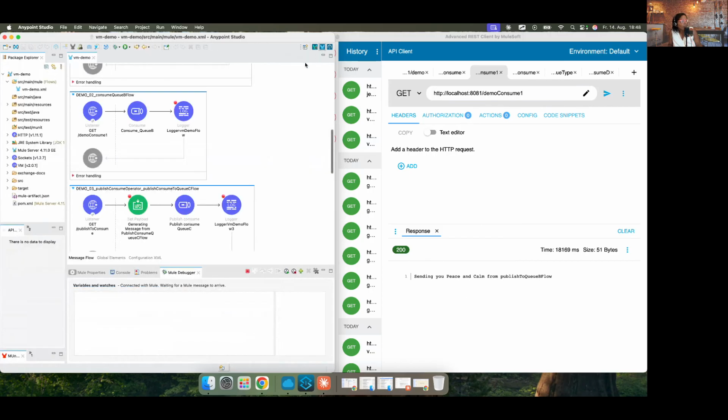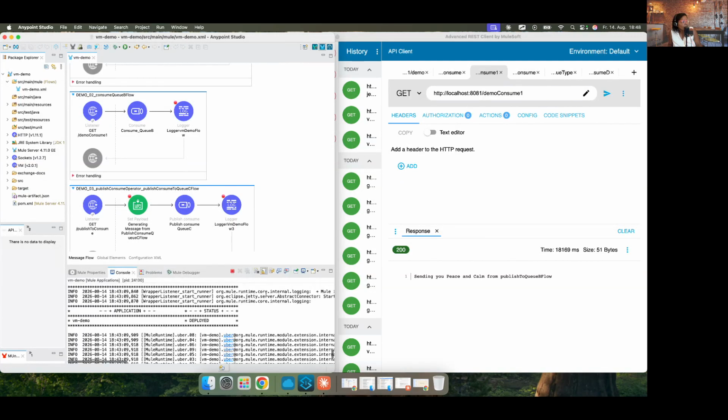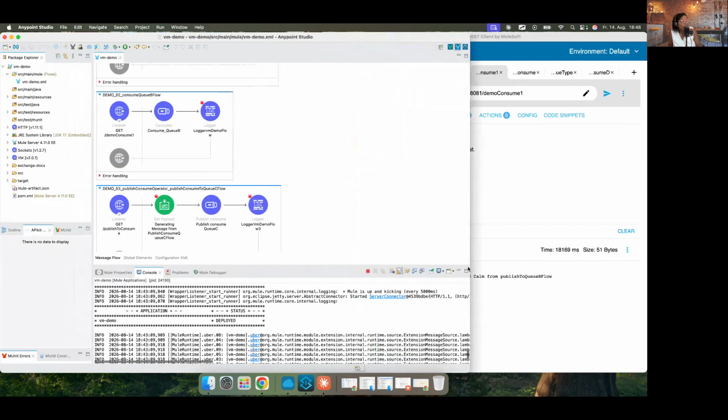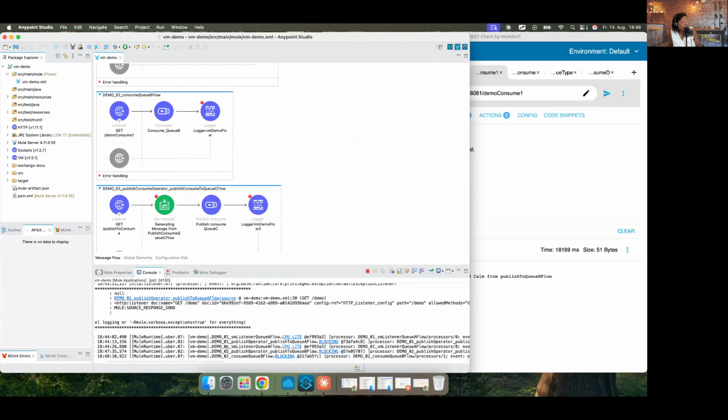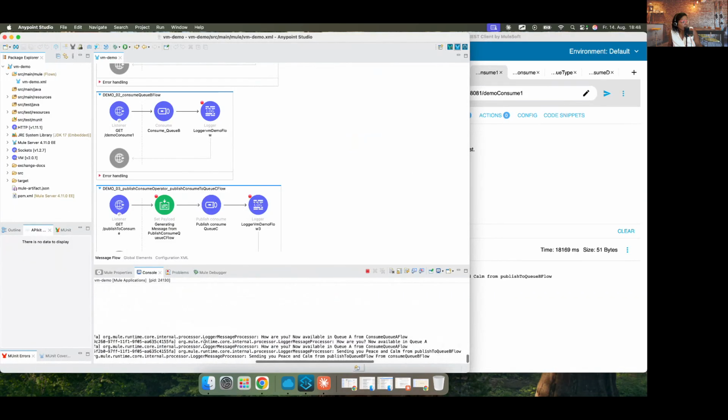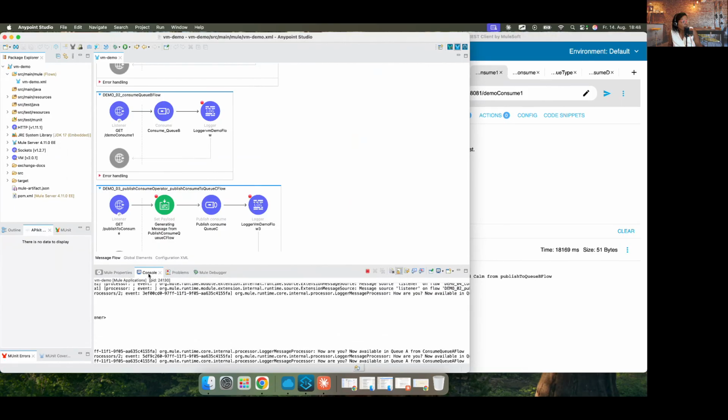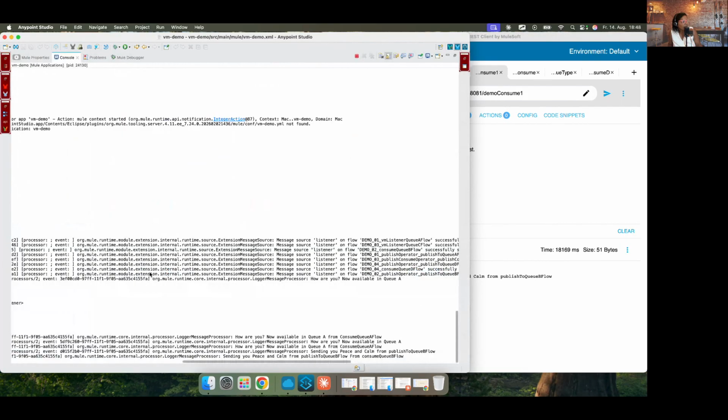And if we just go to the console, we will see then the values that both loggers log in the console. Here we are, logger message processor, let me expand this section so that you can see it better, I hope. Logger message processor sending UPs and CAN.